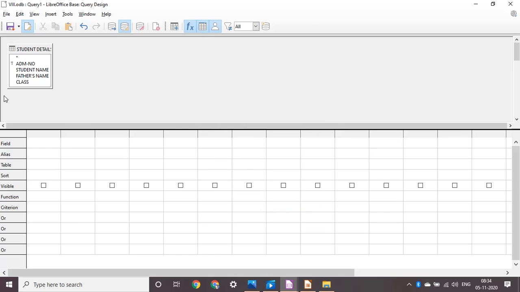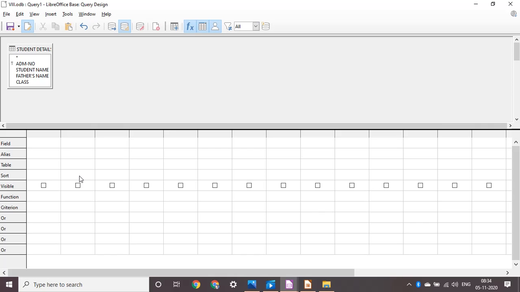Now in this, we have two parts of the screen. The topmost part displays the table which we have selected for the query, and second is the design grid. It contains the fields and the criteria on which we have to create the query, right?